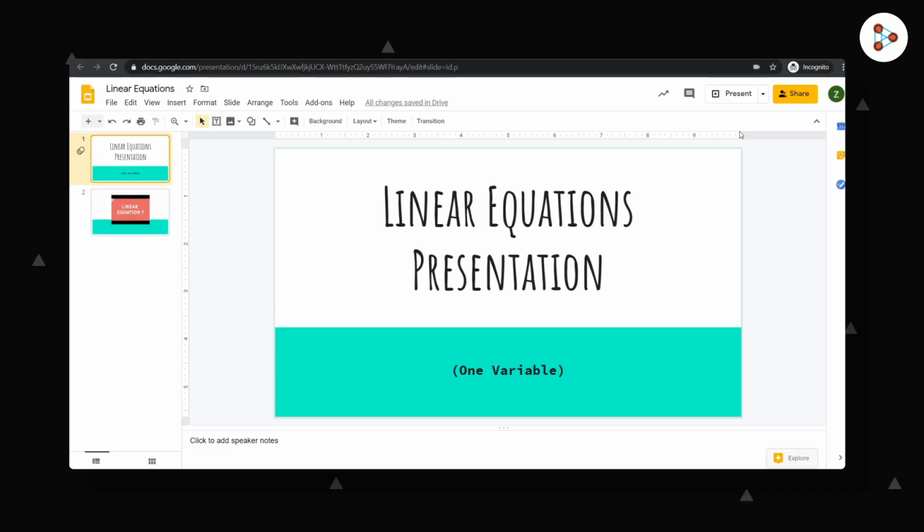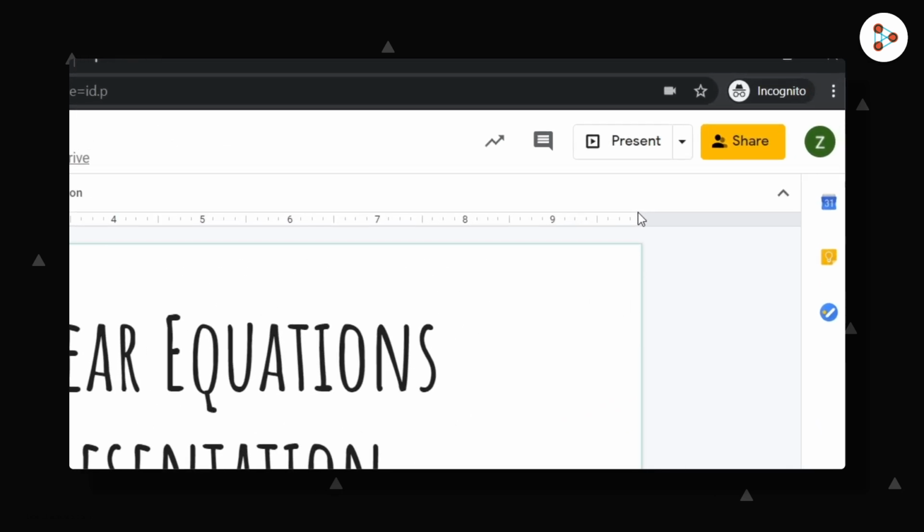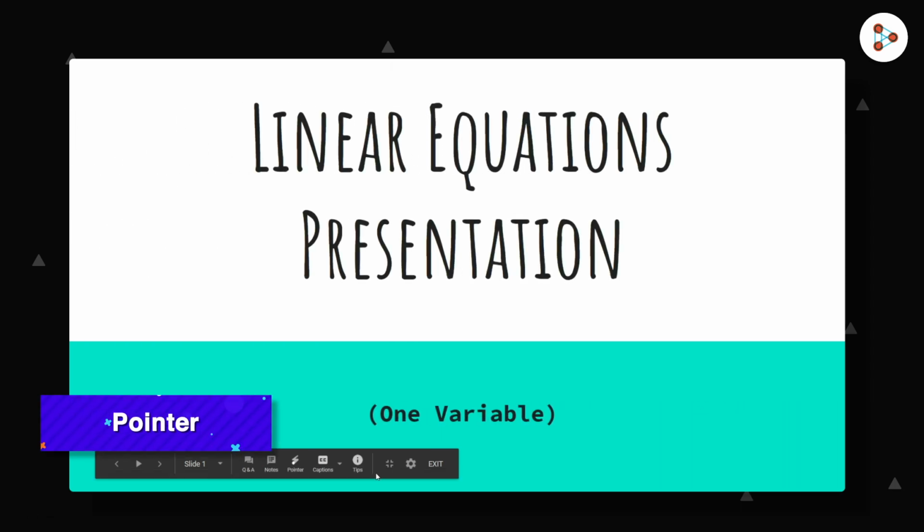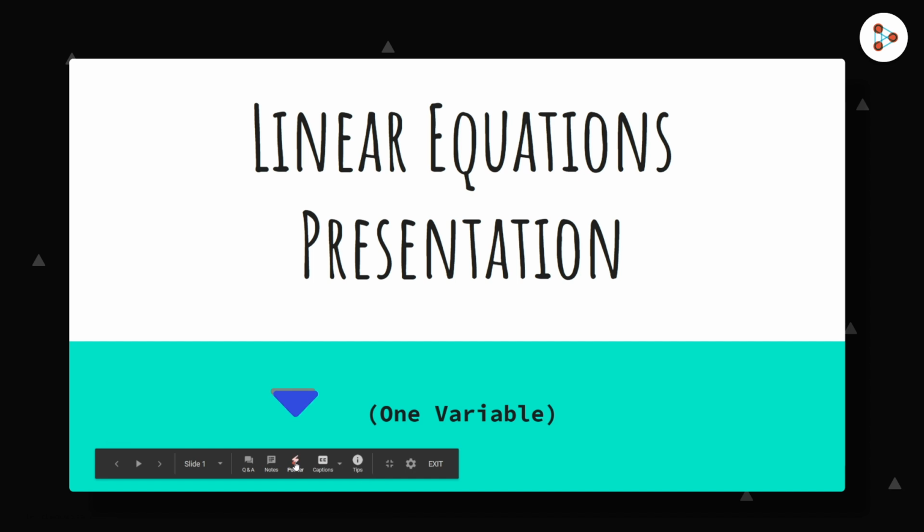But hold on, the whole thing gets way better. You could use slides to give live presentations to your students by clicking here. You can also send the presentation directly to all your students by clicking on the Share button here. Let's present now. And one important thing you will need when you're giving a presentation is a pointer. Clicking on the pointer option below will help you point to certain objects or areas on your slide.